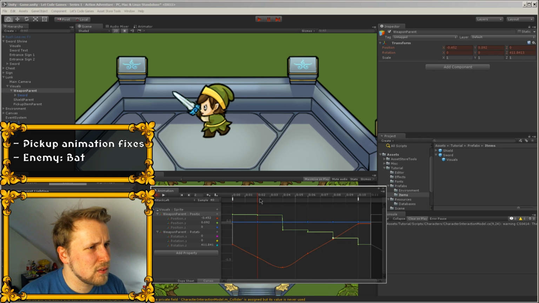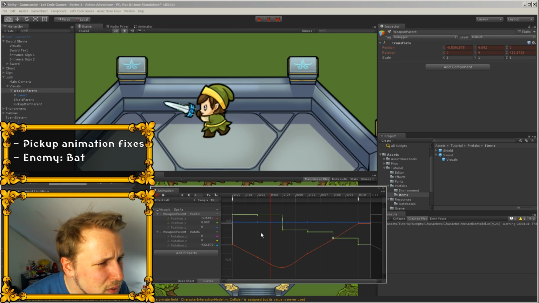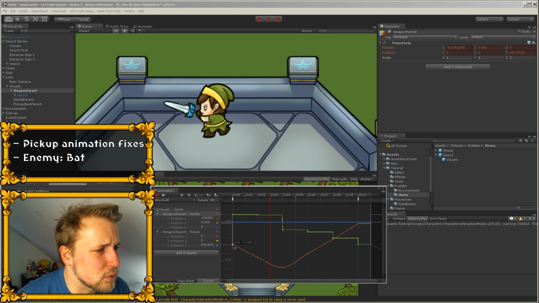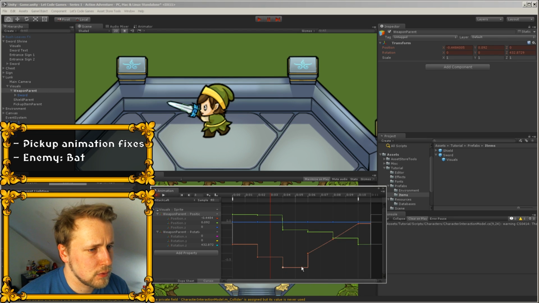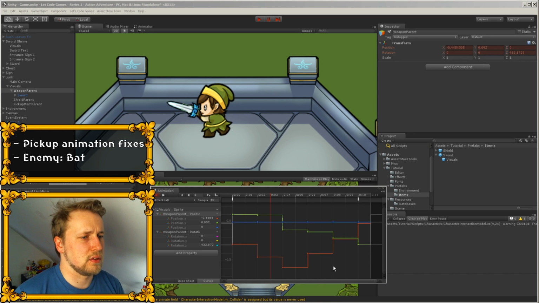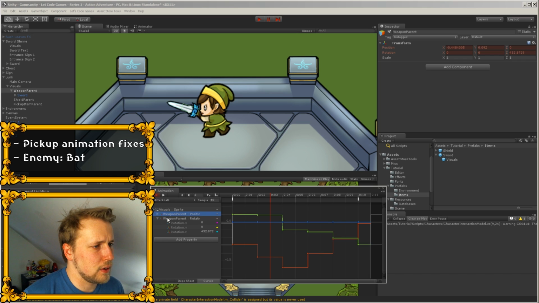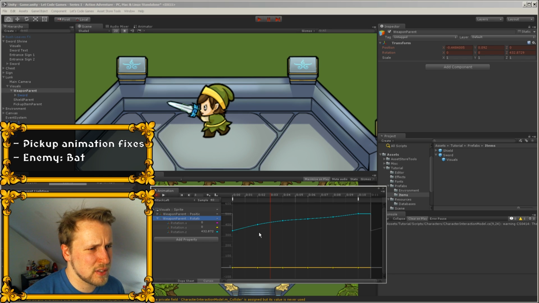So you can see, did I do it right? I have to do it for this one as well. So let's set all the frames to constant here. Can I select multiple? Yes, I can select multiple. Very good. And then let's go back to rotation, and we want to do the same for rotation as well,